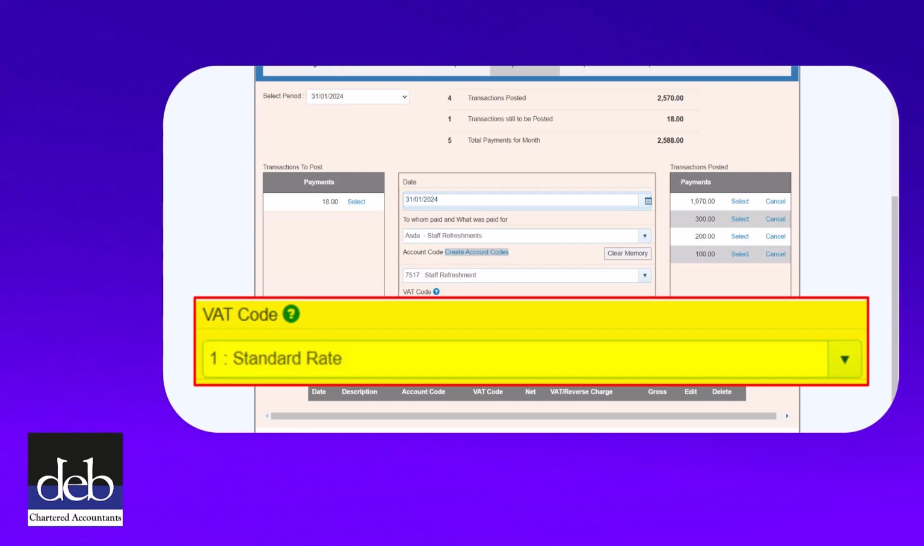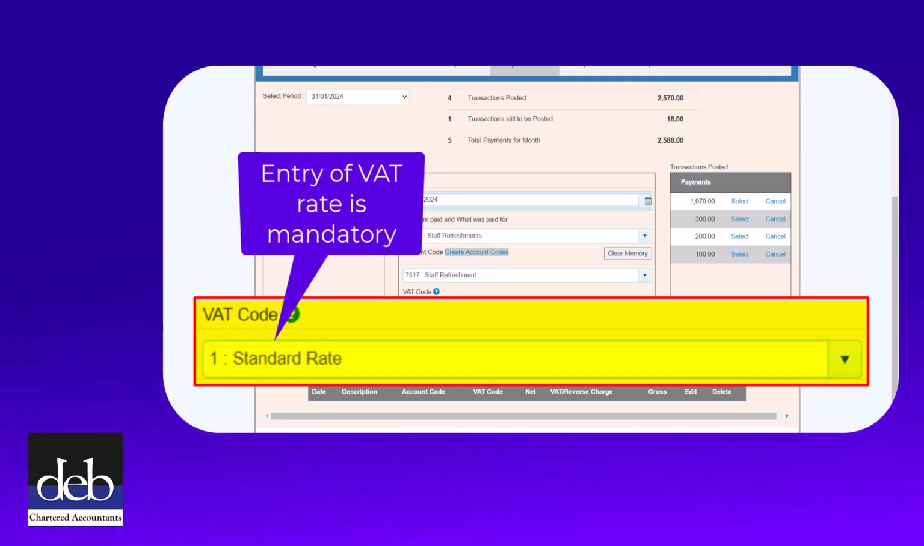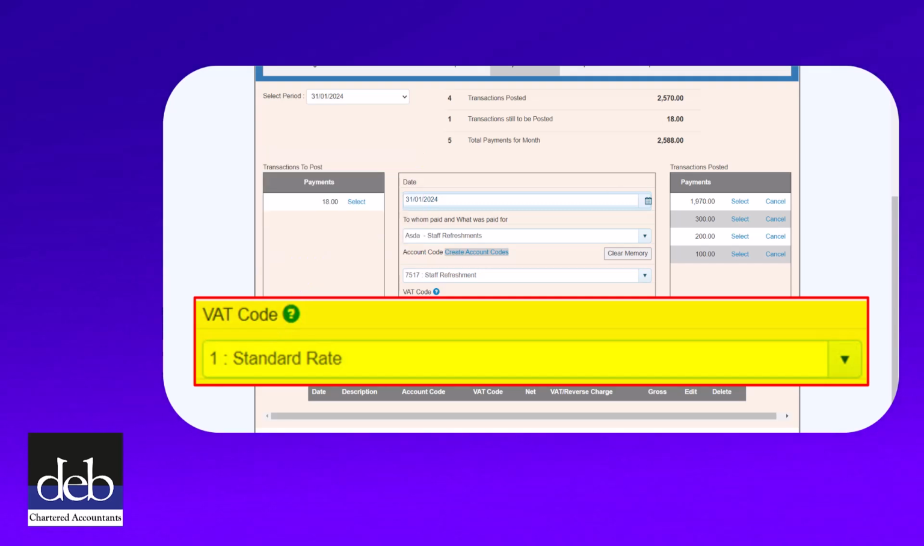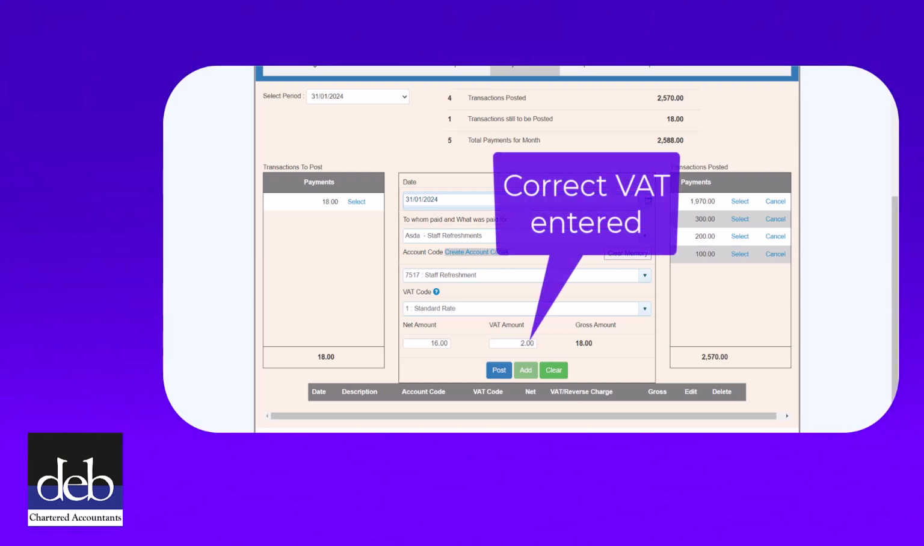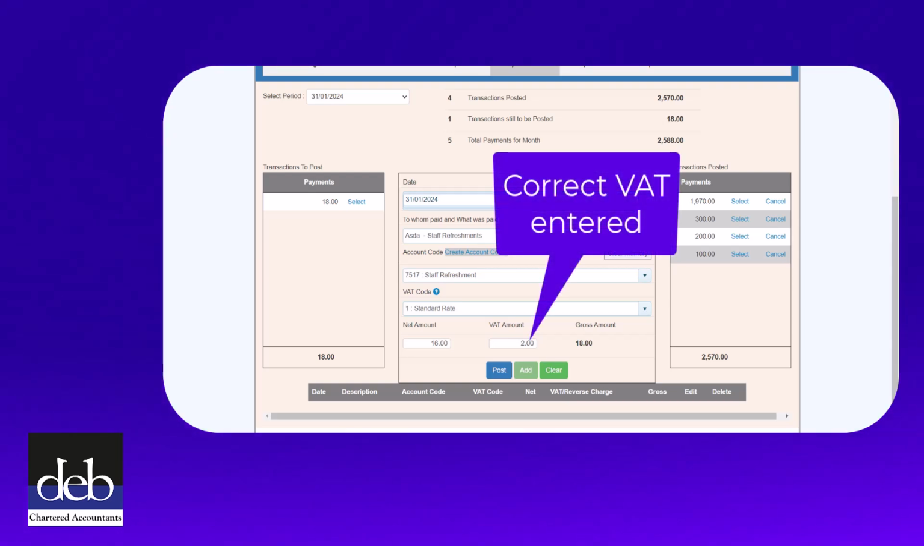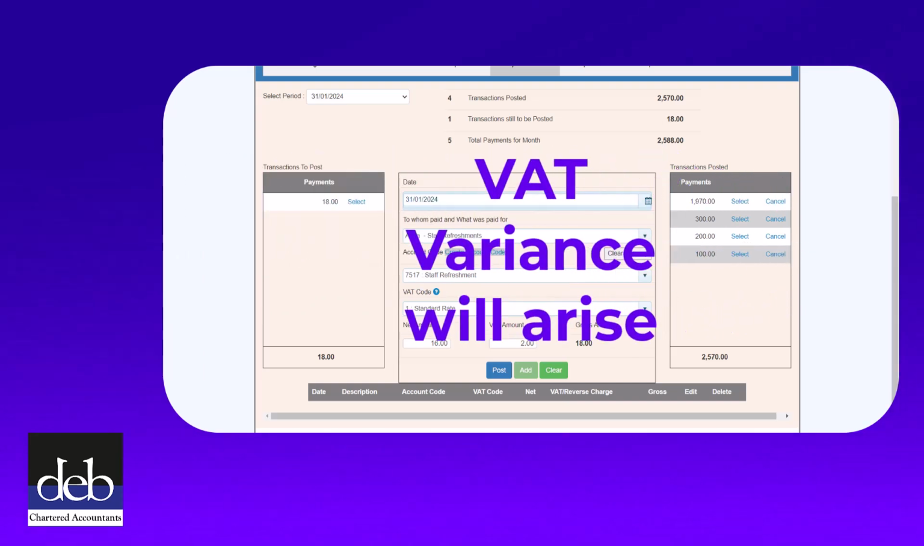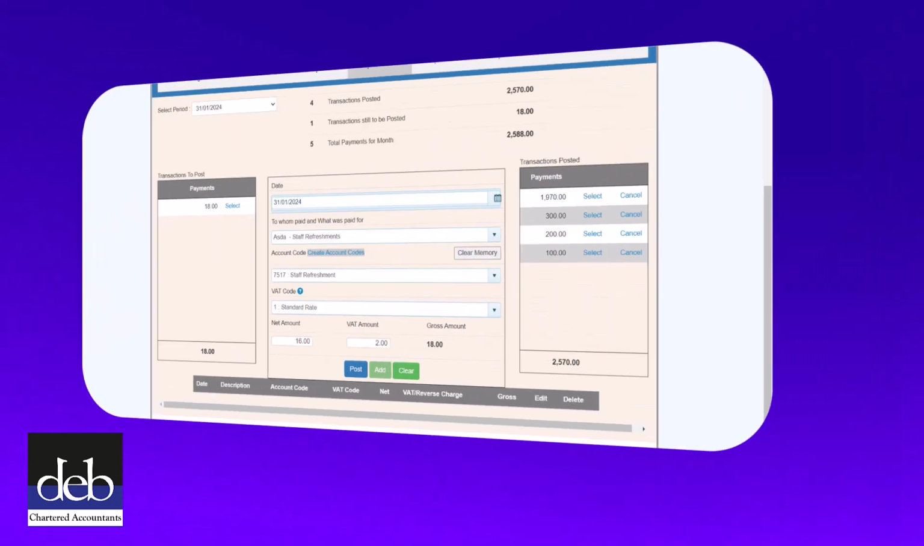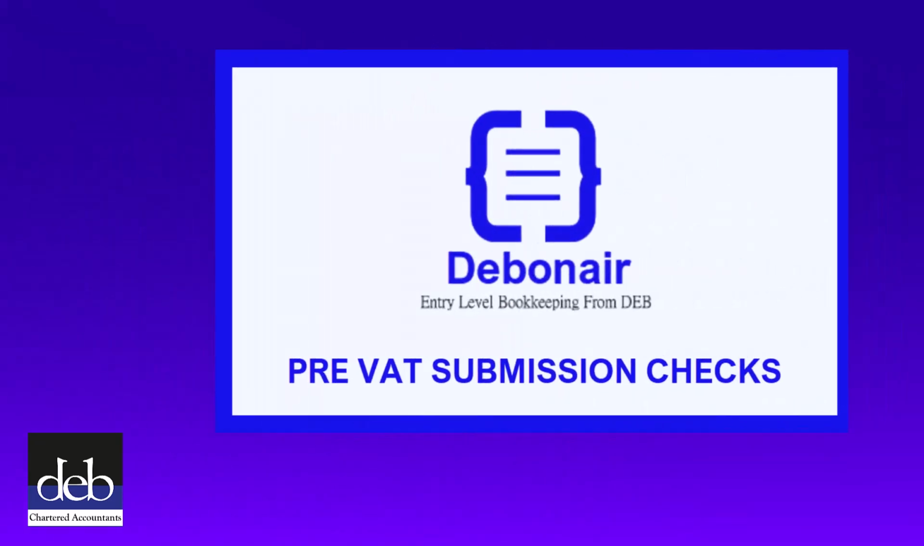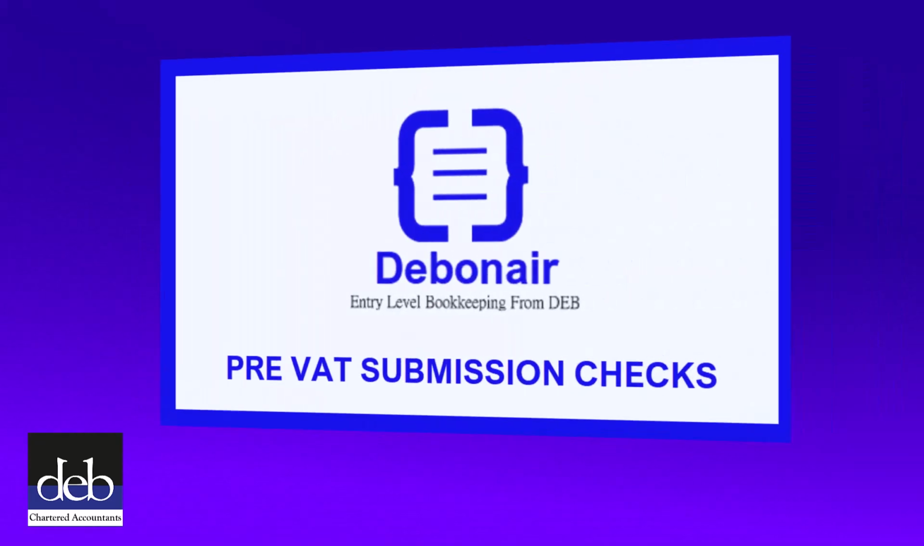However, the transaction would not post if a VAT rate was not chosen. As you know there is VAT to claim upon the payment, then the standard rate of VAT is likely to be the one chosen. Even though you may have entered the right amount of VAT from the invoice, the way it has been recorded as a single transaction will mean that the transaction will be thrown up as a VAT variance. When you check your VAT return, as we recommend you do in this video,